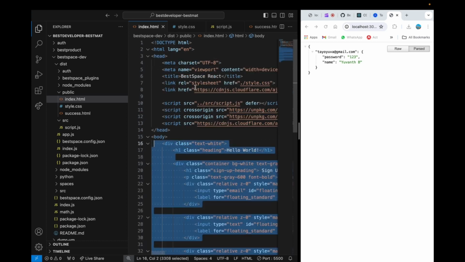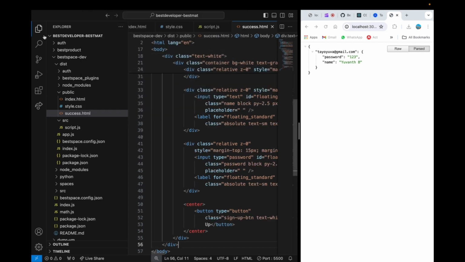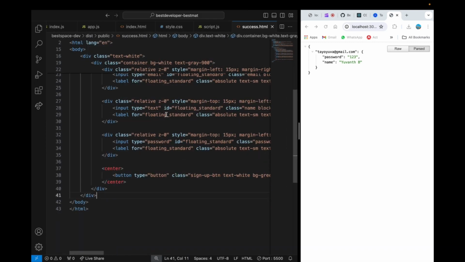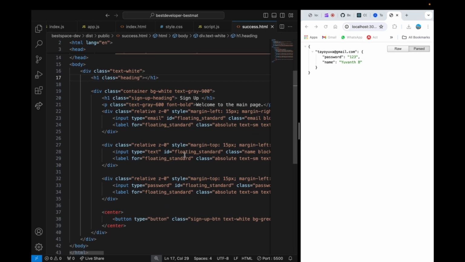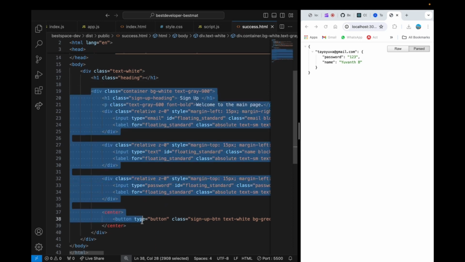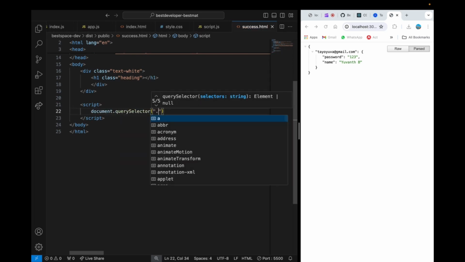Now copy this. I'm just going to format a document. Okay, so that's not good. Let it be like this, the same. And here, instead of hello world, just make it like that. We're not going to put anything here. It's just this heading. And what are we going to do with the heading? Let's see now. We're just going to put a script: document.querySelector('.heading')